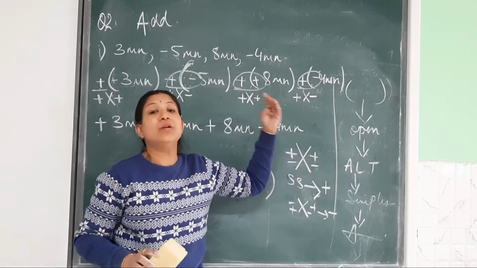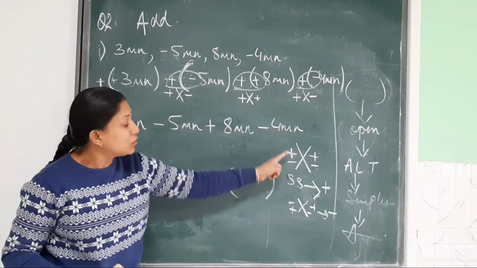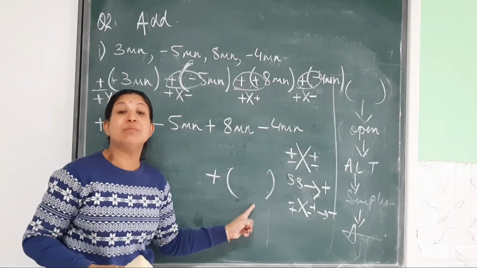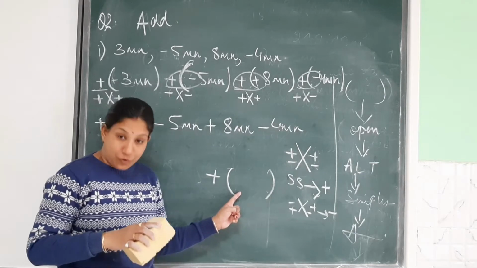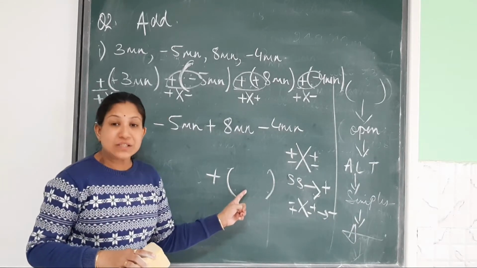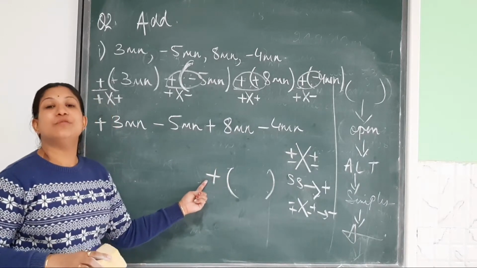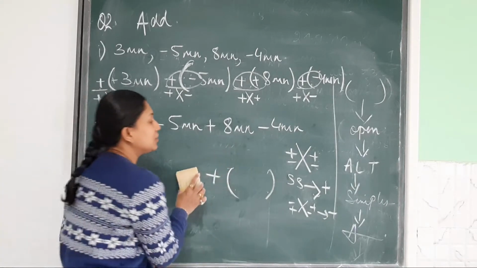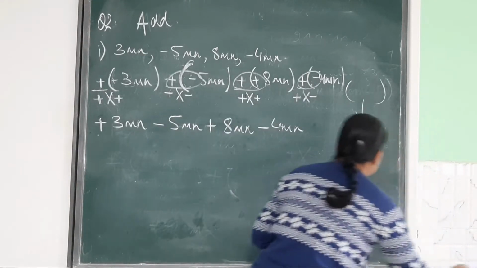Learn to put the bracket, open the bracket, arrange the terms and then simplify. Also the rules, if you have forgotten. And also if you have less time in the exam, these are the shortcuts, not for now, for practicing. This shortcut is for your exams. If you are having less time, in that case, remember, outside the bracket, if you have a negative sign, the term will be the same, but you will change the sign. So now, let's do the rest of the things.